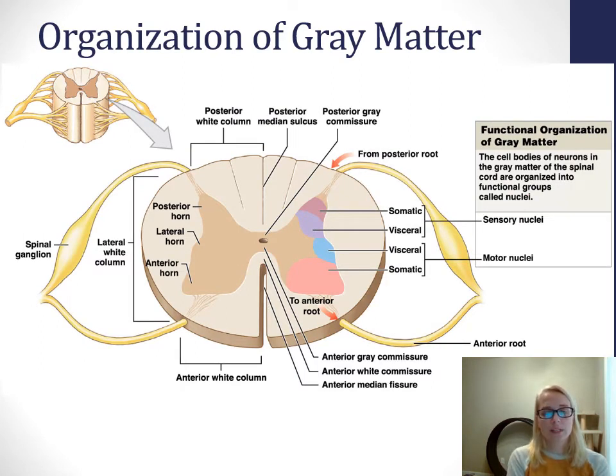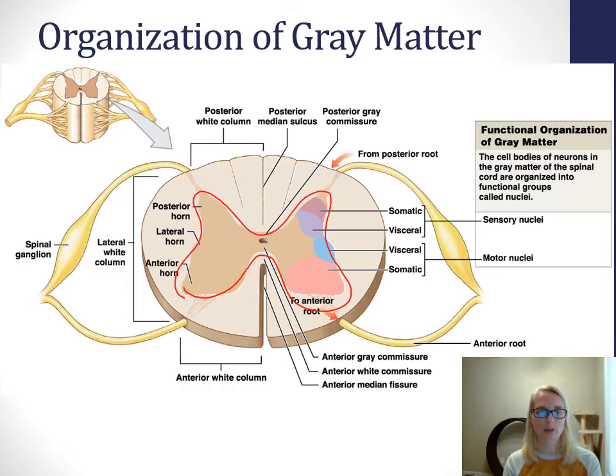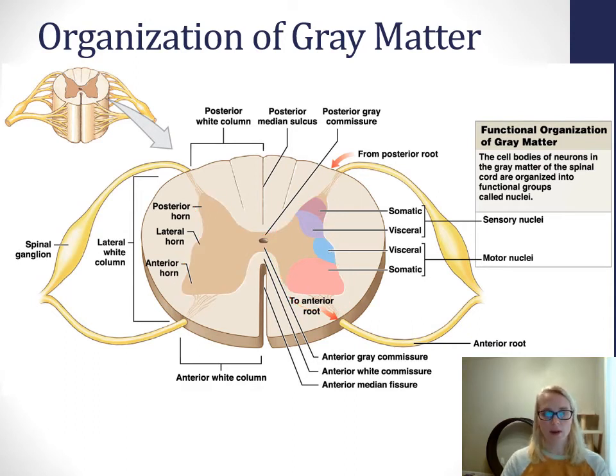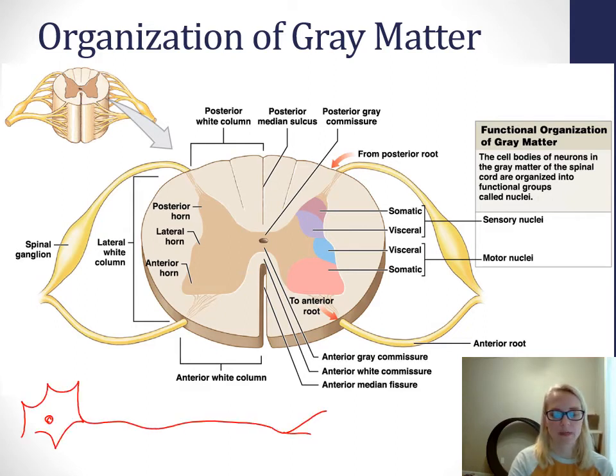So next we're going to take a look at those gray matter patterns that I was mentioning earlier, right? So it's kind of like this winged looking creature, like a butterfly or a bat or a letter H, or however you see it. This is our gray matter. Now, gray matter, we didn't really define that yet, but we've got to go back a little bit to our anatomy of neurons. So if you remember, I'm going to draw a multipolar neuron like this, right? And it had